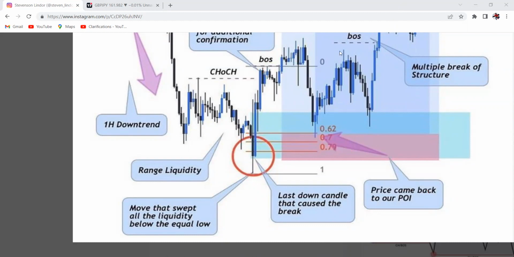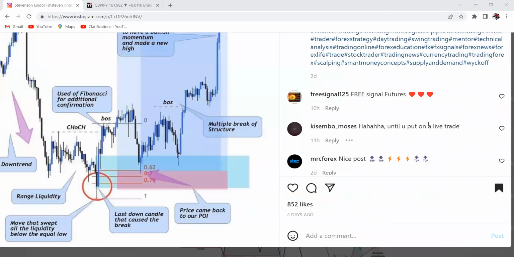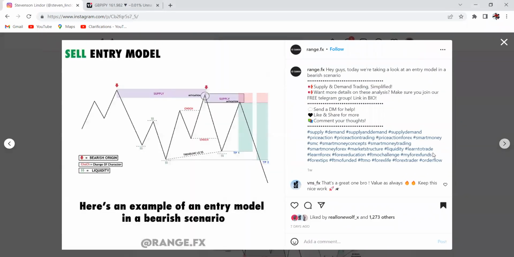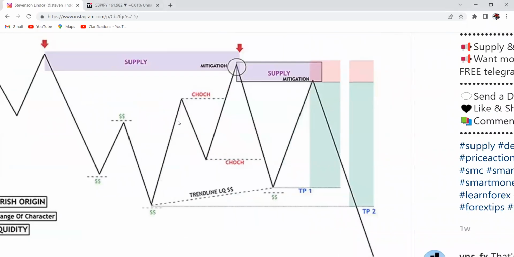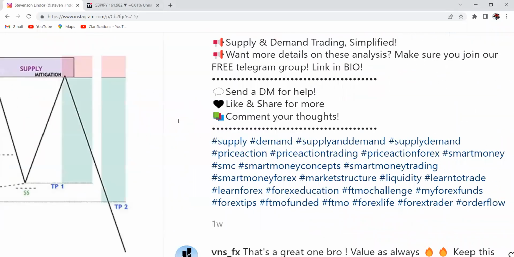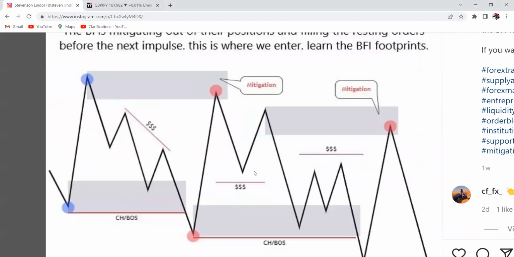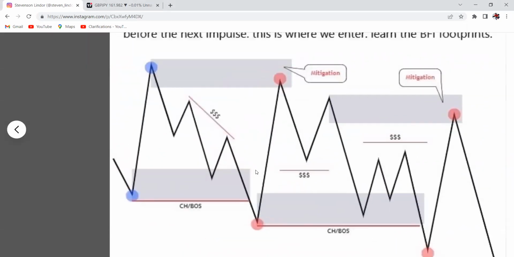And then take off. All right. Voila. So now let me show you an example of a sell. So perfect. Right. I'm going to show you an easier one. I have another easier one. There we go. So you see